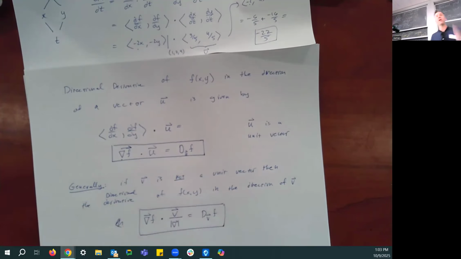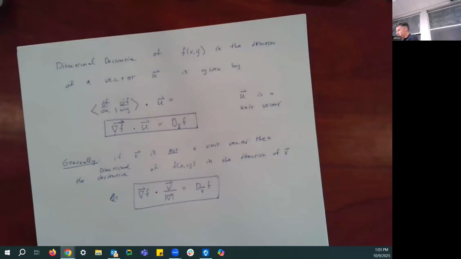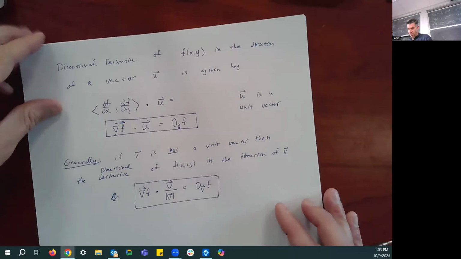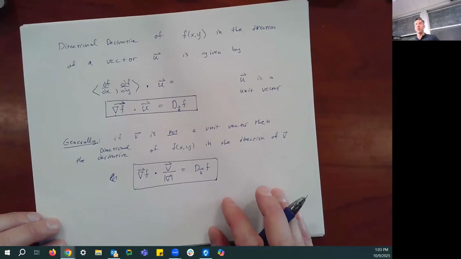So it's always your gradient vector dotted with the unit vector in the direction that you're taking the derivative in, which is kind of what we've already been doing. Let me show you what I mean. So just as an example of something you already know,